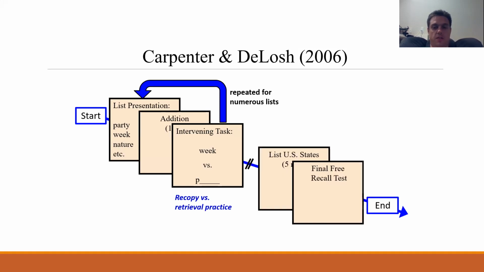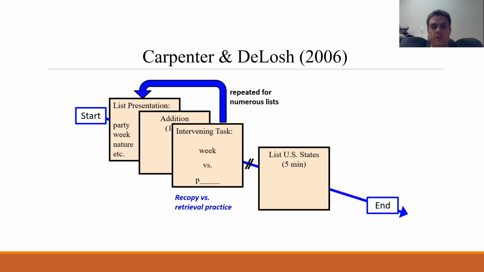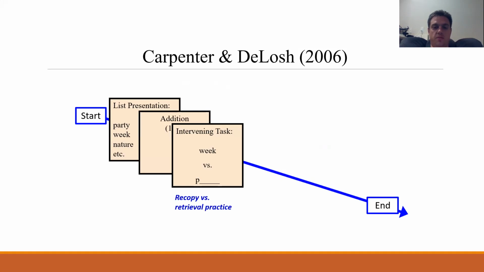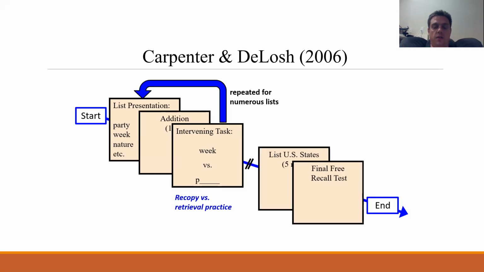I think just one difference here. Ours was based off of this one. It's a little bit different. You had puzzles, I think, instead of listing U.S. states. But one thing we did, which some other testing experiments don't typically do, is we had you recopy words as opposed to just restudy them. So when you get the word weak, rather than just restudying it, you instead write it down.